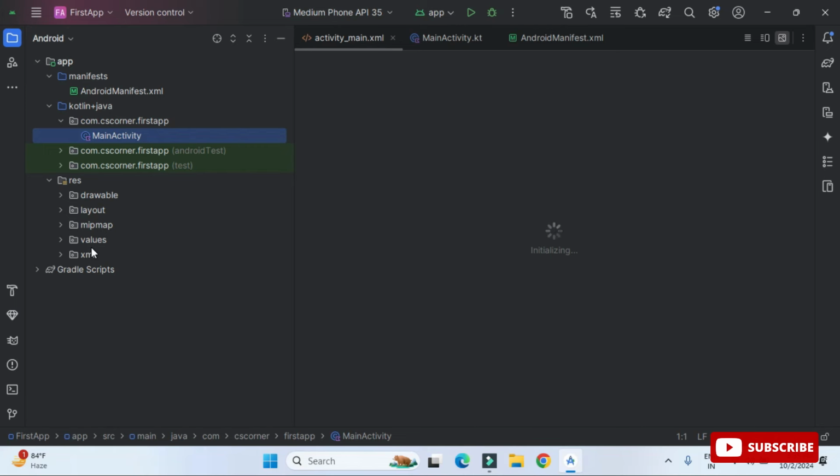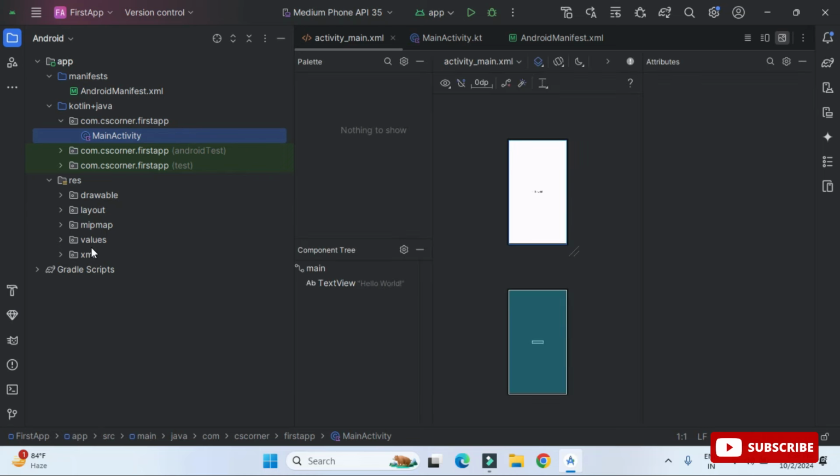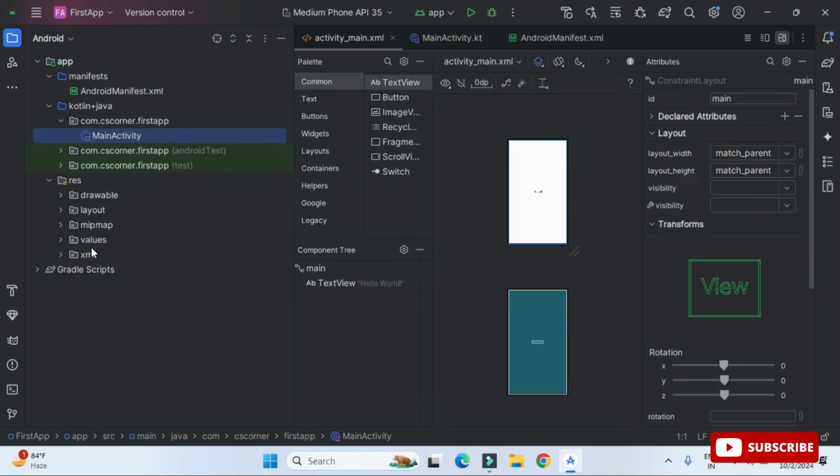Here we have various options. You can go to design view, you can split the design and code view, or you can go entirely to code view. And at the left side we have one of the very important folders, that is the resources folder. If you want to show some images, you can put all that in this resources folder. So this was all about the introduction to the files which we have in Android Studio.